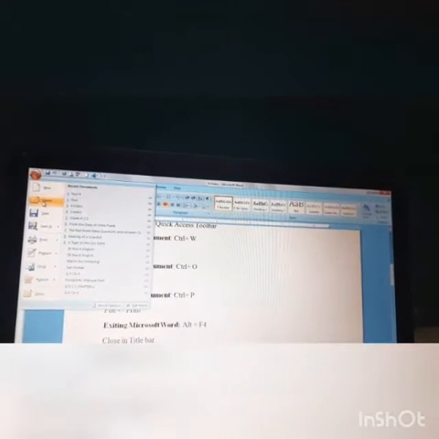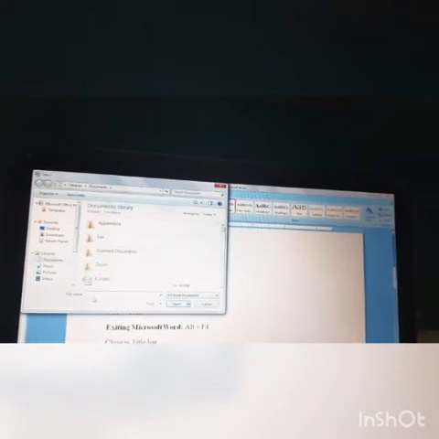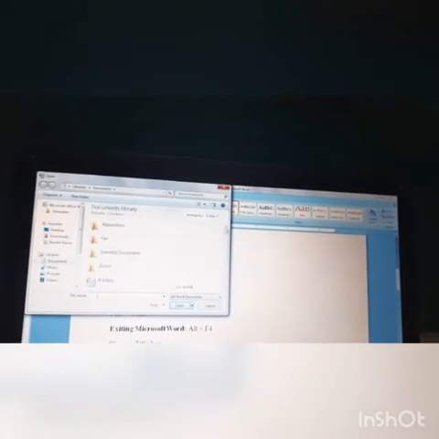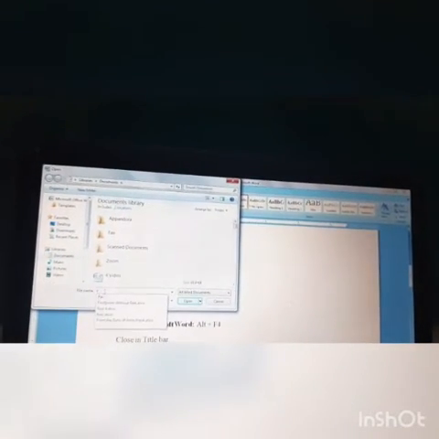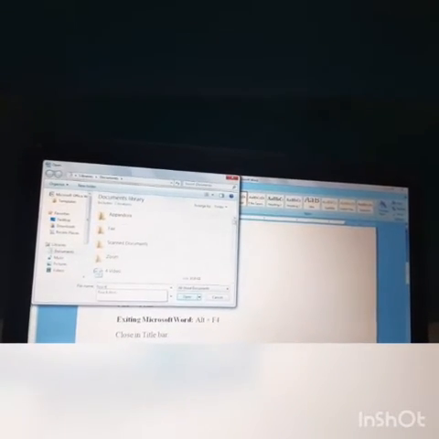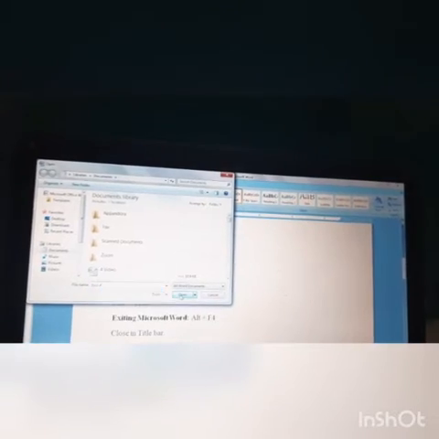Opening a document. Go to File, click Open. Yes, this page will appear and you have to give the correct name which you saved. Four. I gave no. So I'm opening again. I'm getting the same page once again. This is how we can open the file which is saved already, and the short form is Ctrl+O.